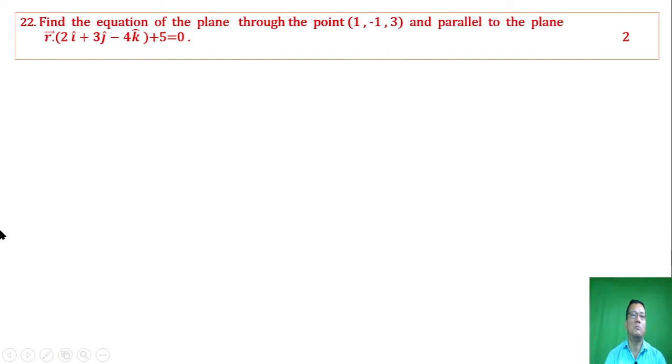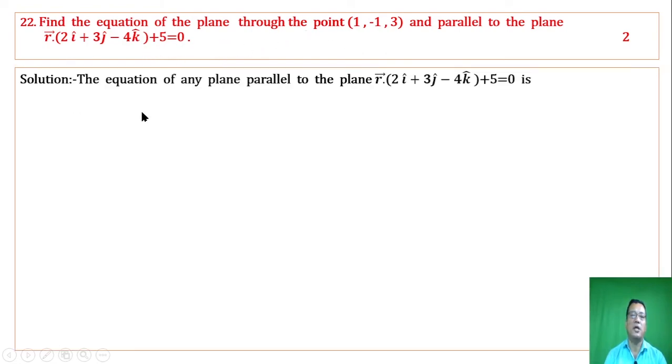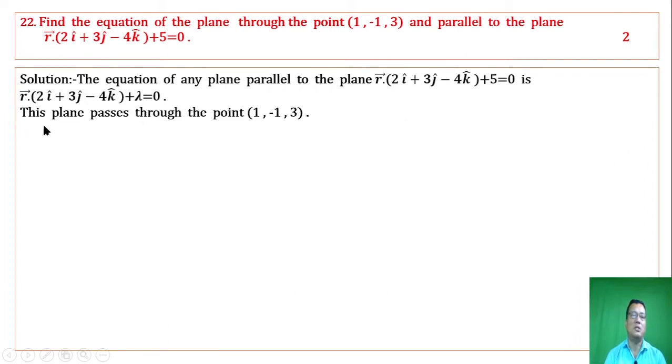22. Find the equation of the plane through the point this and parallel to the plane this. We have to find out the equation of the plane passing through this point and parallel to this plane. The equation of any plane parallel to this plane is r dot of this plus lambda equal to 0. This plane passes through the point this, therefore the coordinates of this point will satisfy the above equation,